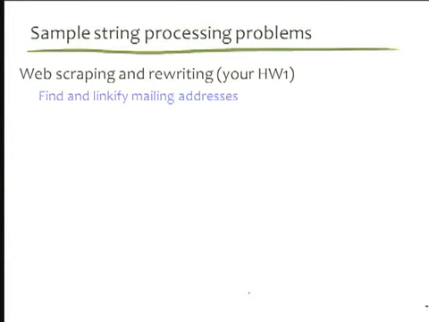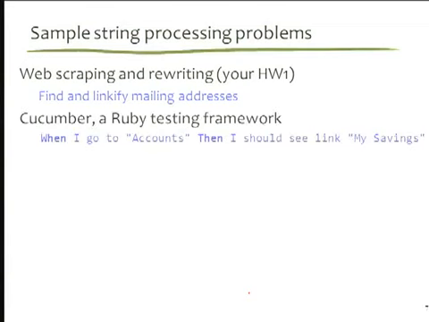Web scraping is what you saw in the first lecture, right? You got the HTML page and you had to find, presumably with regular expressions, certain strings of interest. And then perhaps find mailing addresses, turn them into URL links into Google Maps. Cucumber is a Ruby framework for testing. It allows you to write your test cases pretty much in natural language. And your test cases look exactly like you see over there. So you can see that this is essentially a